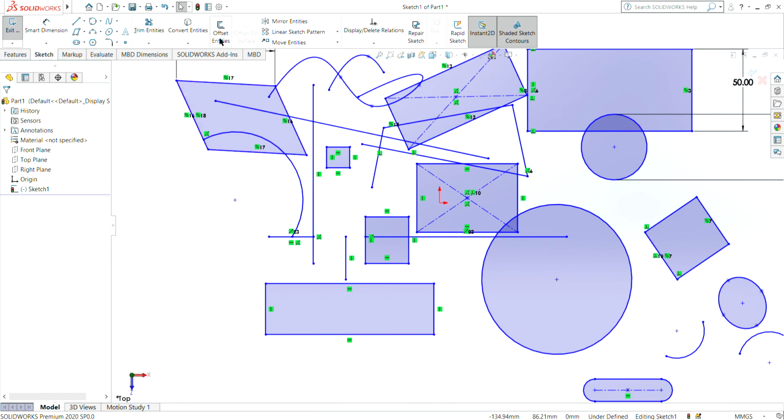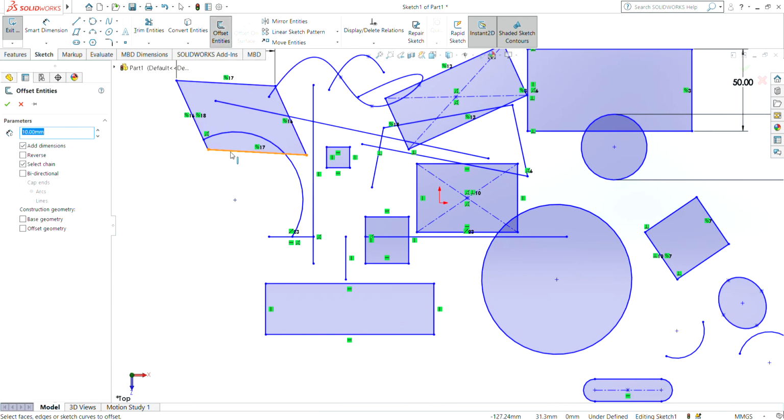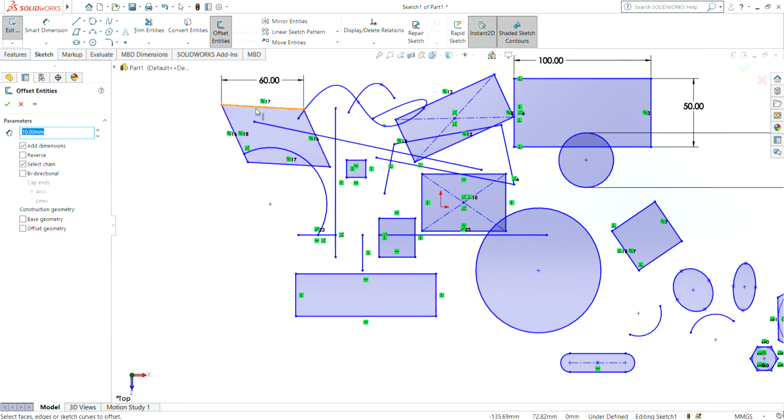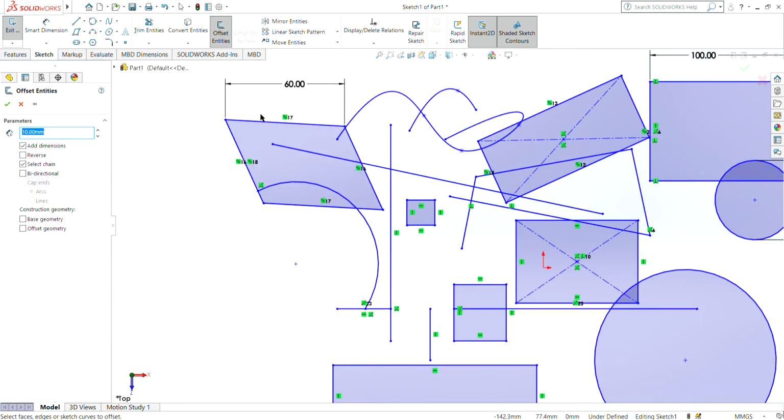Now that is offset entities, which means if you want to sketch a parallelogram which is 10 mm away from this, inside or outside, we can use this offset. Now when I have clicked this part, there is a 10 mm offset from this, meaning this distance is 10 mm from the main parallelogram, and if we want it inside, we can select this reverse key.